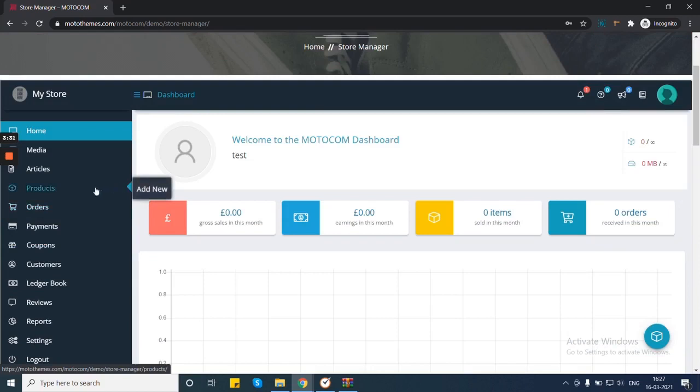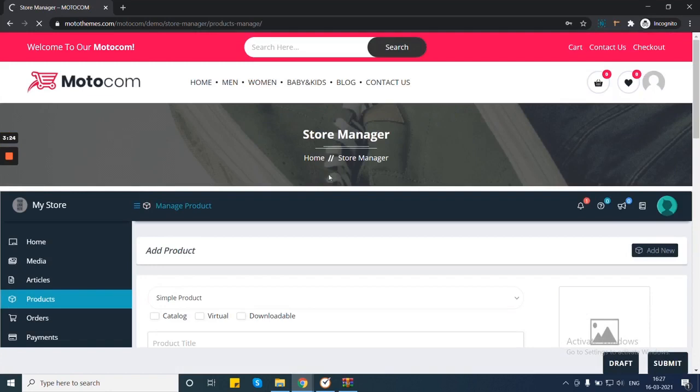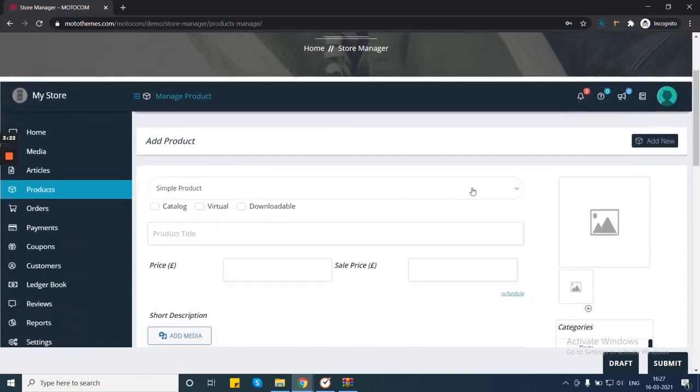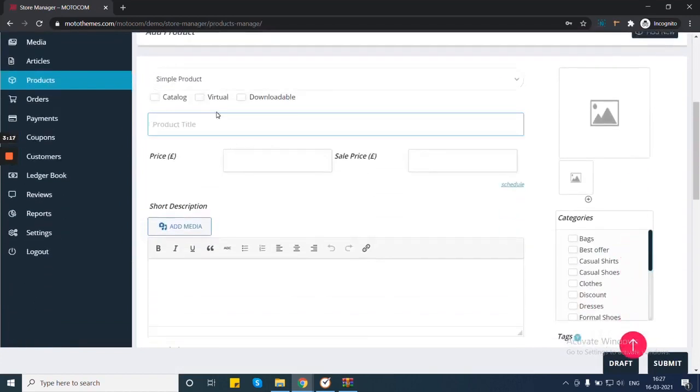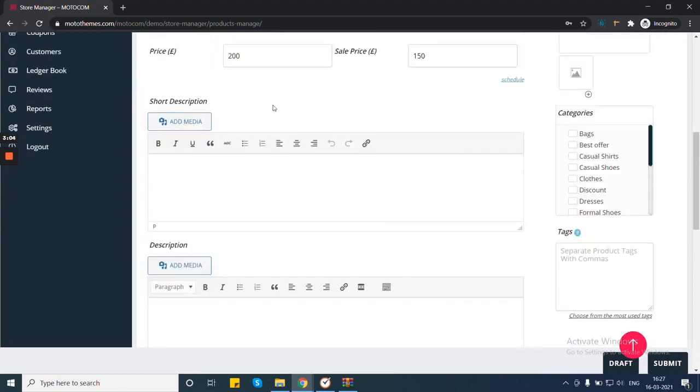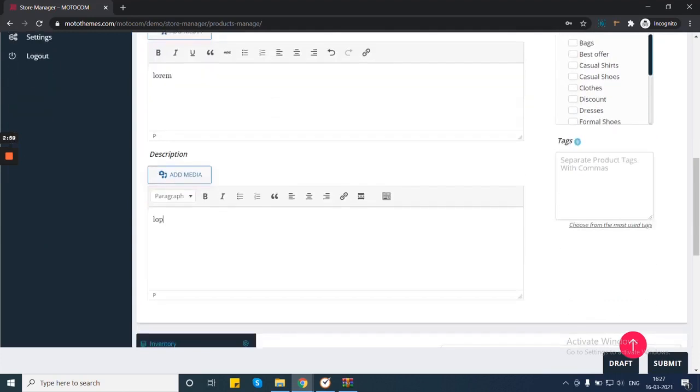So we will go to the product option, add new, and we will be required to fill in all the details like the type of product, the product title, its price, and the sales price you are willing to offer to customers, along with a short description and a description for the same.